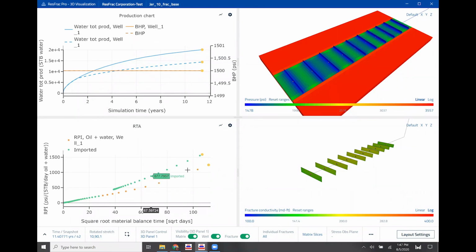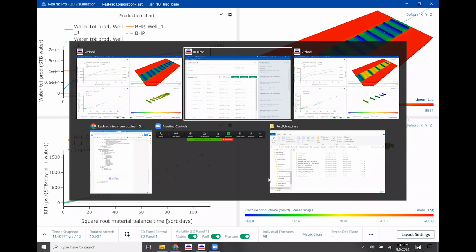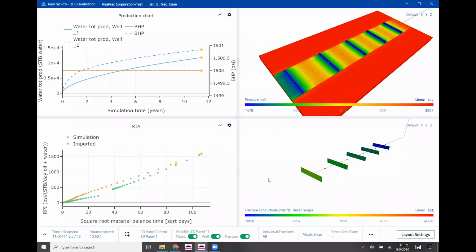Here you can see it takes in the same imported data so that I do not need to re-import my external data, and has loaded the image in the same orientation that I had previously with the same properties. So if I flip back to my 5 fracture case, I can very easily compare the two back and forth.